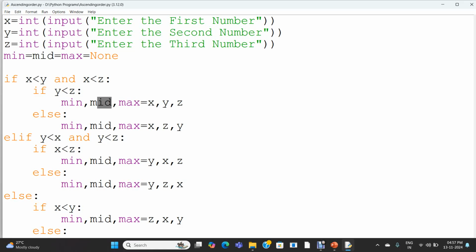If y less than z is false, in this case, control will come to the else. That means z is lesser than y. In this case, min equal to x, mid equal to z, max equal to y. If this condition is false, x less than y and x less than z is false, control will come to